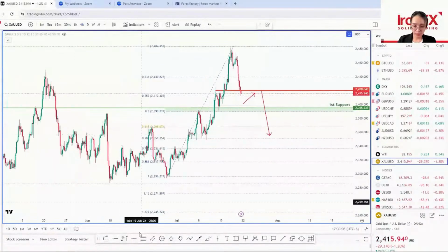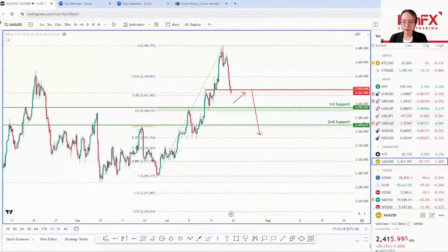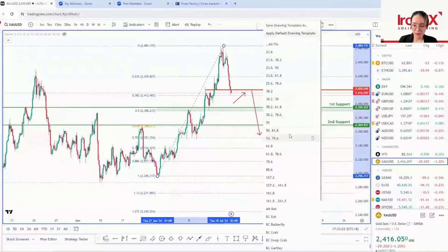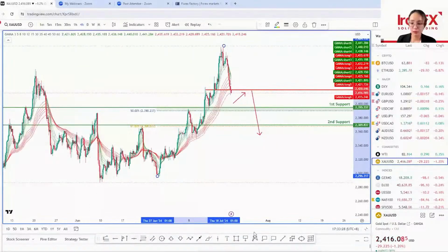Second support is going to be identified at this level. This is my second support, meaning that it is falling another almost 200 pip or 300 pip from the first to the second support. That will be the 50 and 61.8% fib level. Okay, you can see that